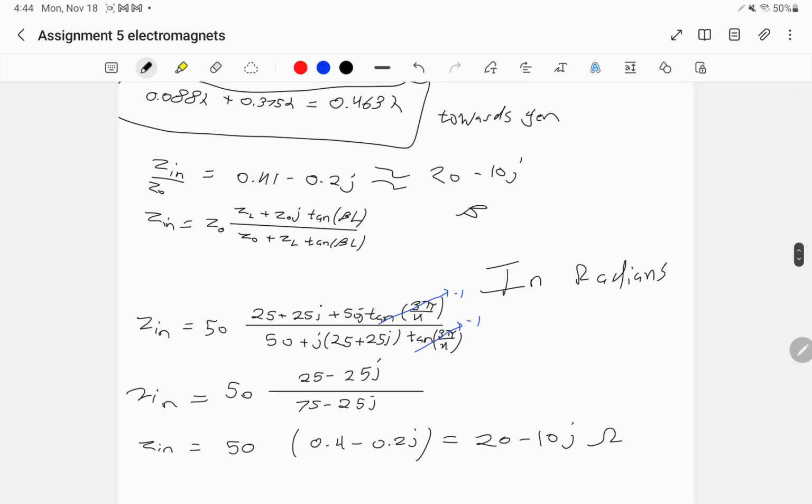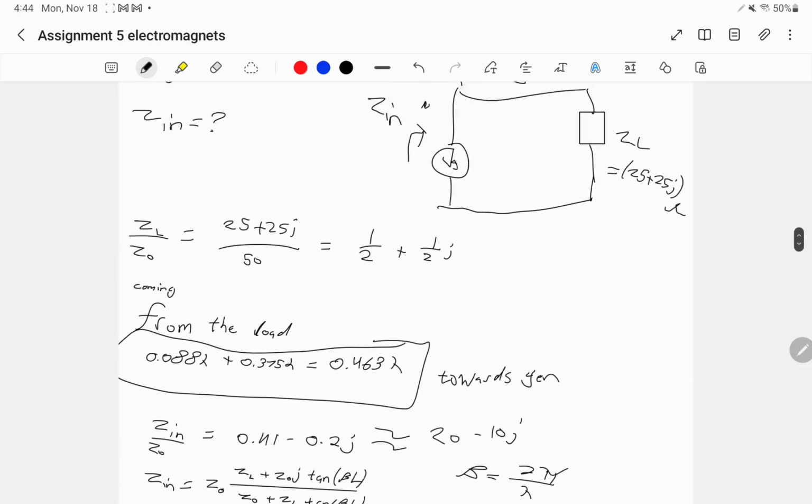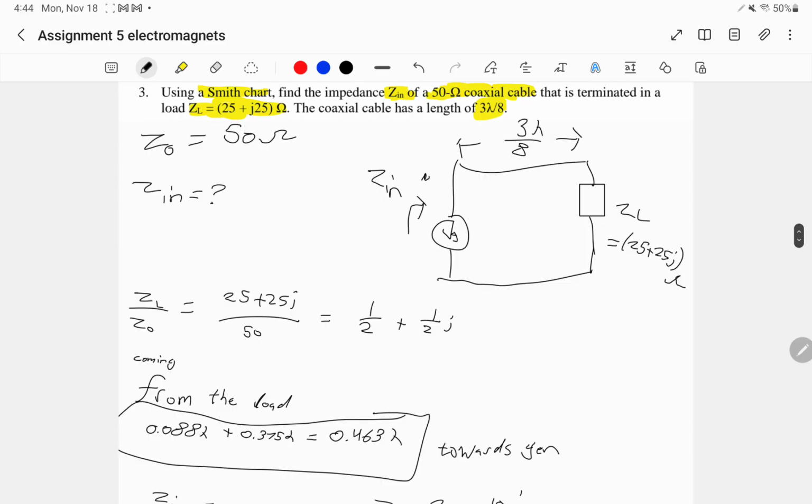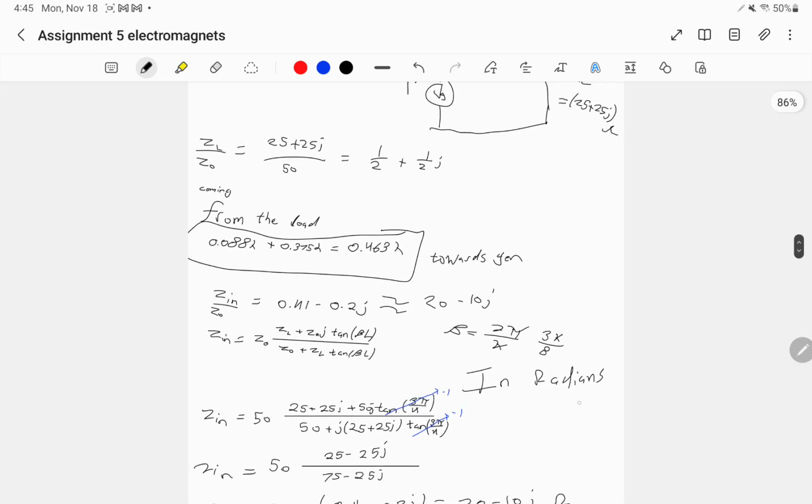And beta is equal to 2 pi over lambda, and L is just your length over here, which is 3 over 8 lambda. So you multiply it by 3 lambda over 8, and you'll get like 3 pi over 4. Yeah, so that's pretty much it. I want to say like, and do it in radians, kilometers or